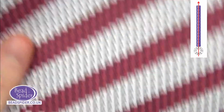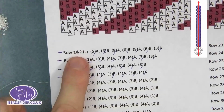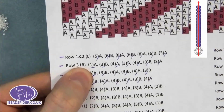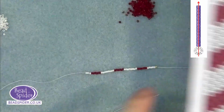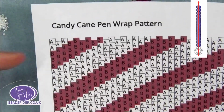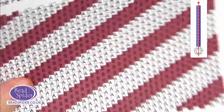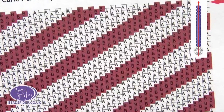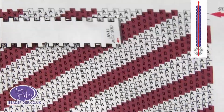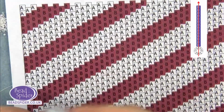Just like I showed you, now that we're on to row 3, because we did both rows 1 and 2 at the same time, we're now working towards the right. So if we look at our pattern, we've gone all the way across, and we're going to start working backwards in this direction. If I show you on my little cutout machine, we're going to be working on row 3. Because that's an odd row,